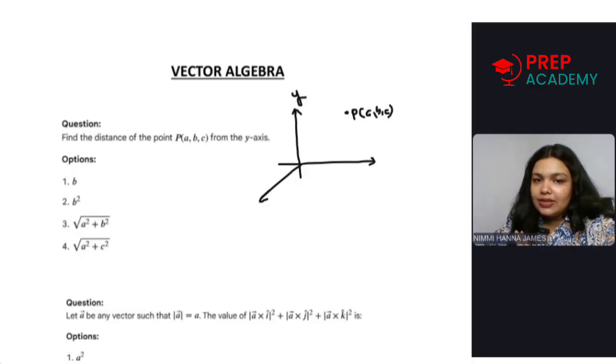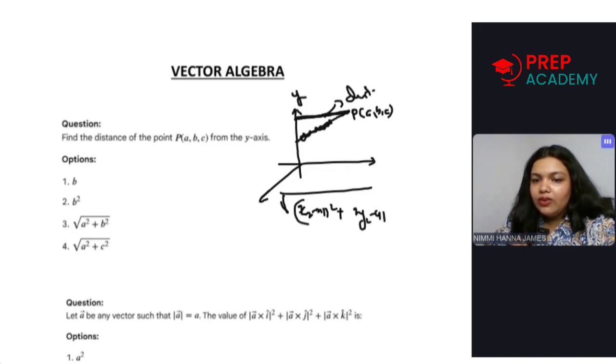Okay, if this is the y-axis, the distance is this, right? Like the perpendicular distance. It can be drawn like this, but that's not the distance. The length of the perpendicular line drawn is the distance. So using the distance formula itself we can find it. Distance formula is root of (x2 minus x1) the whole squared plus (y2 minus y1) the whole squared plus (z2 minus z1) the whole squared, right? So this is root of a